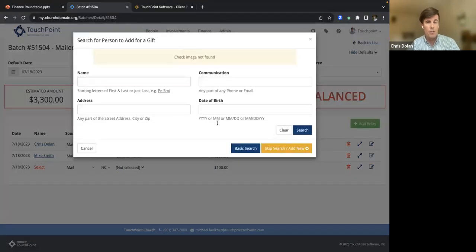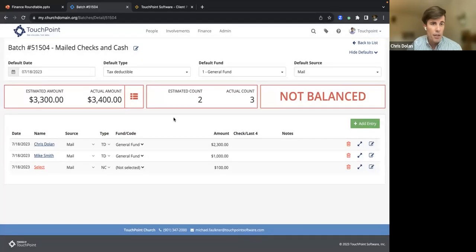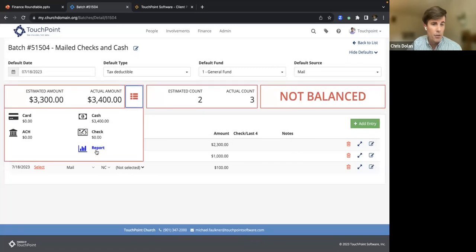And this pulls up the search. So if you're used to searching by different criteria with the advanced search, you can do that here as well. And if you have a check image that pulled in on that, it will show up on this page. That is one big thing. Another thing here that I showed you is that batch report. So that batch report is now visible here, if that's where you're used to doing this.